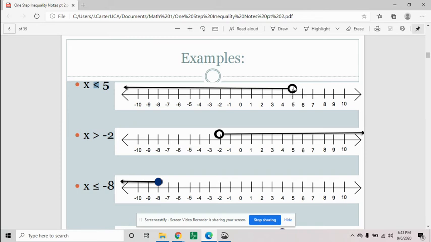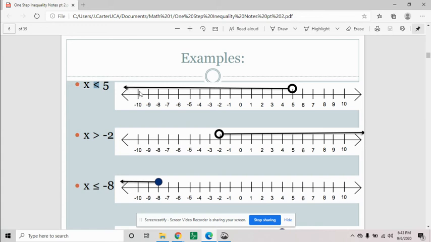We don't want to include 5. So imagine this circle doesn't really want to touch 5, but it has to start at 5. So it's a nice open circle that starts at 5 but does not include it. And then it goes all the way down forever and ever, and that's what this arrow shows, is that it